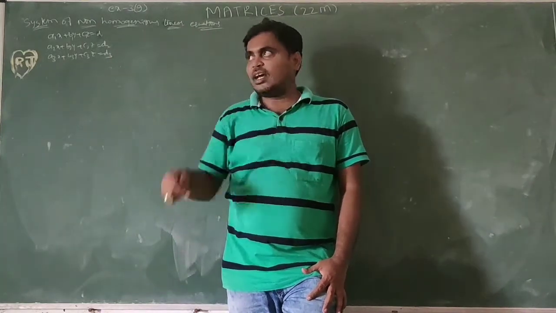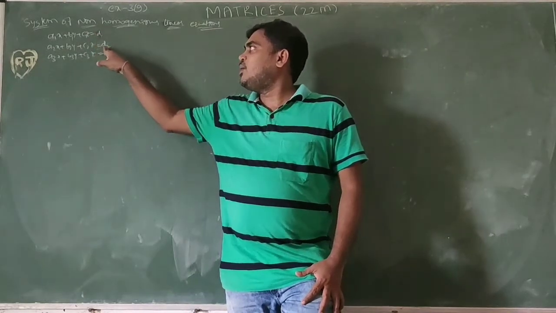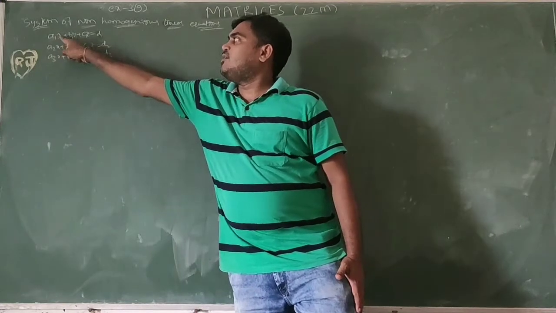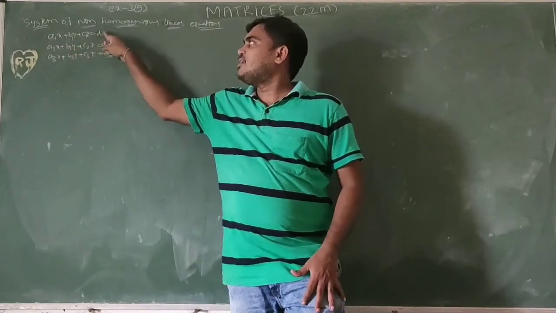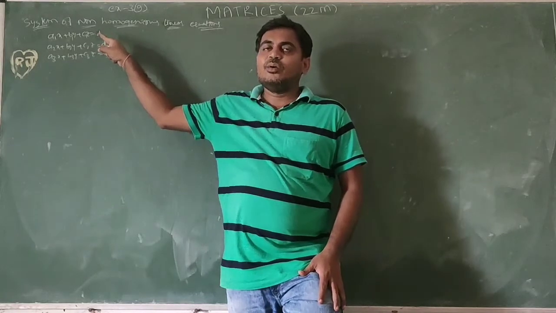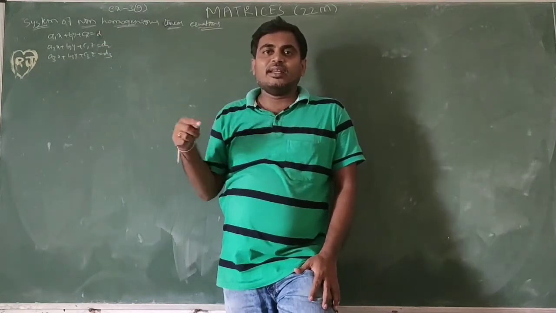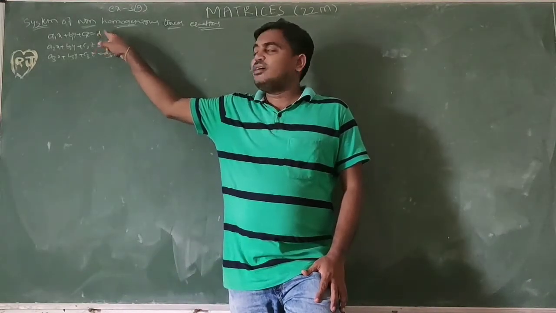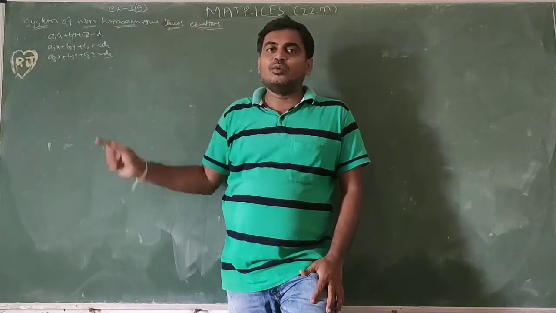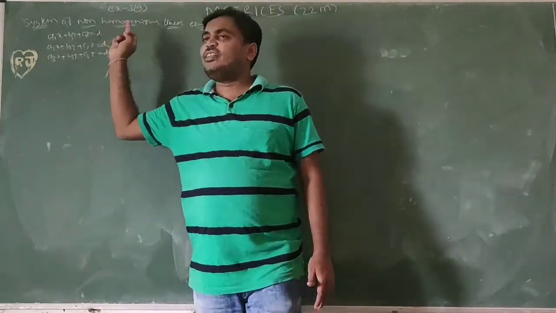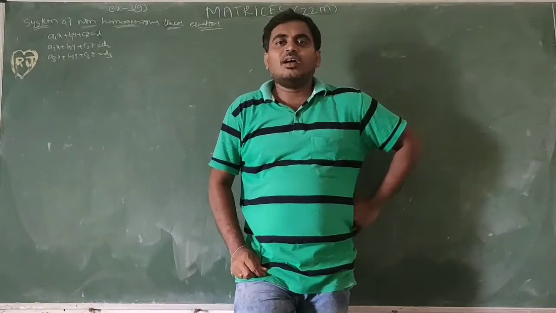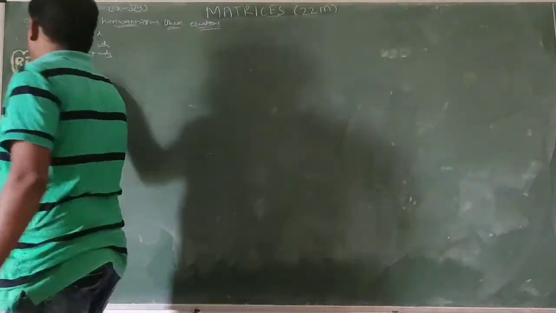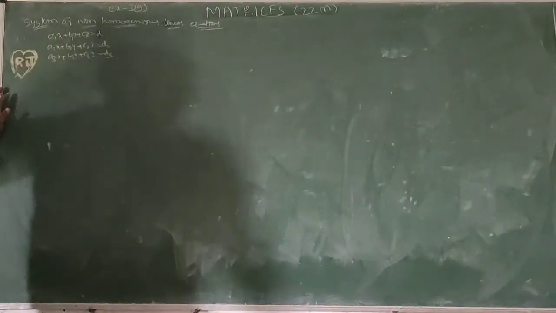And non-homogeneous. Non-homogeneous means here d1, d2, d3 are constants. All the degrees are not equal. The degree of this term is 1, this term 1, this term 1. Since it is a constant, the degree is equal to 0. If all the terms contain equal degree, then it is called homogeneous. But here it is not equal, so it is non-homogeneous. If instead of d1, d2, d3 it is equal to 0, then the system is called a homogeneous system. Okay, now these three equations are called a non-homogeneous system of equations.